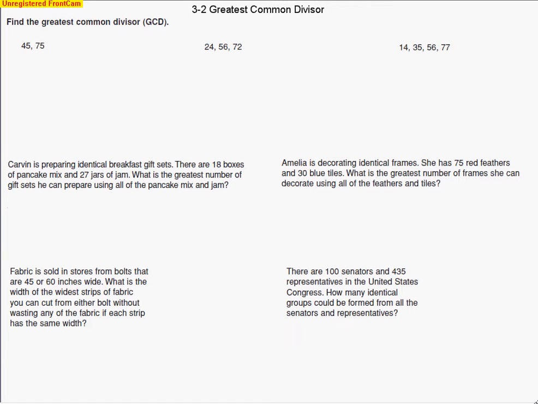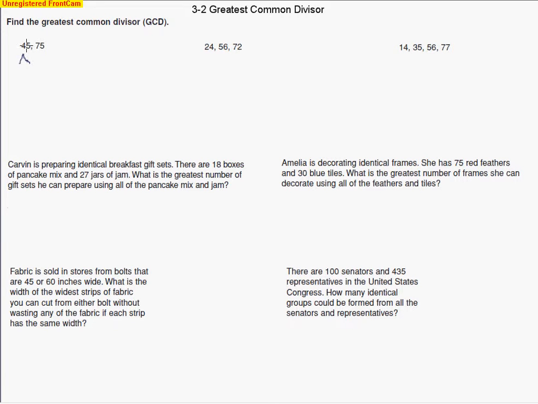Today we will be finding the greatest common divisor, also known as the greatest common factor. We'll also see some problems in which we'd end up using the greatest common factor. So let's take these numbers to start with, 45 and 75, and let's break them down to the prime